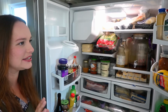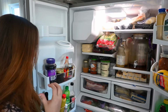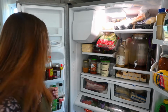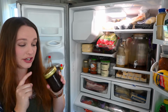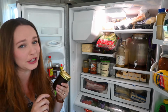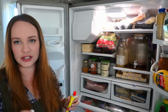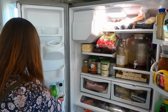This is where we tend to keep condiments and things that we just need to pull out really quickly. So I have things like jam, and what I like to do is just pull everything out and put it on the counter next to me. And if I find things like this that I don't know what it is, I'm going to set it aside, because if I don't know what it is, there's a really good chance that it's been in there for a long time. I also really like to use this opportunity to check expiration dates on everything and make sure that